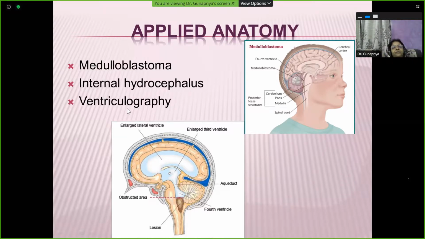So medulloblastoma is not a very rare tumor, which can occur in children due to poorly differentiated neuroectodermal cells from which the cerebellum is arising. That can compress the communications of the fourth ventricle, which can lead to enlargement of the other ventricles. There will be a larger accumulation of CSF everywhere, resulting in the condition known as internal hydrocephalus. So this is about today's session. With this, it's done for today.